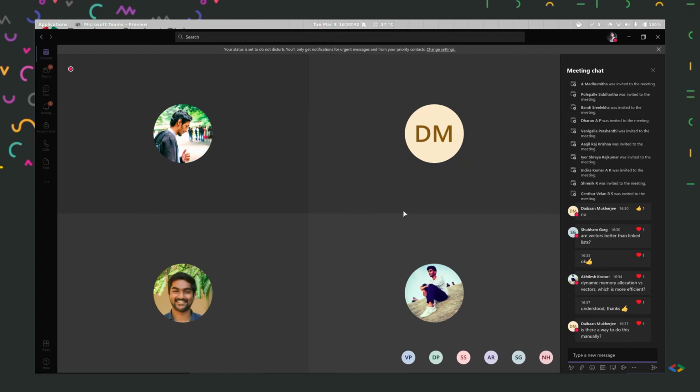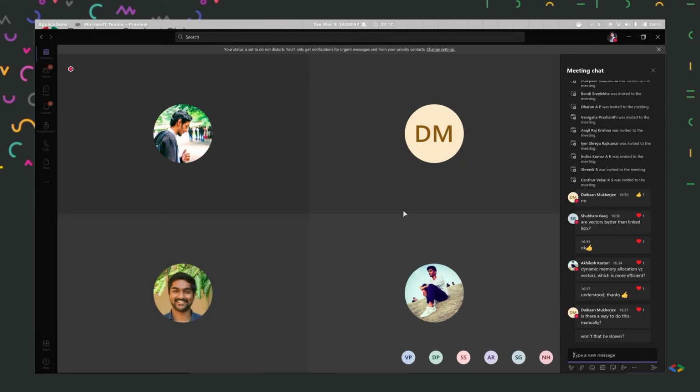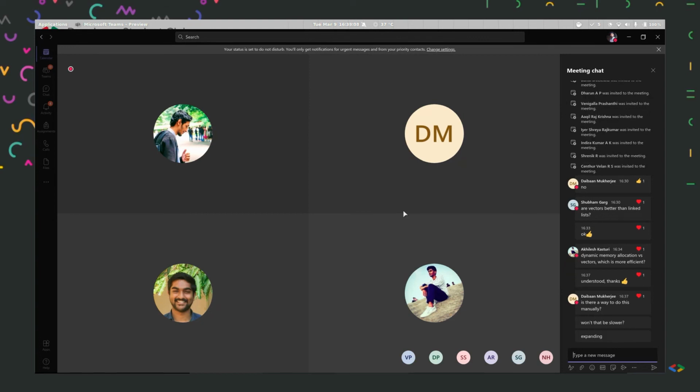If you want, we can do that in one of the sessions. But okay, won't that be slower? Slower in what sense? Accessing data will be slower or expanding will be slower? Okay, yeah. Expanding, yes, it will be slower. If you use a linked list, the expanding will not take much time. It will take constant time. A vector will take more time in expanding, but the trade-off is that